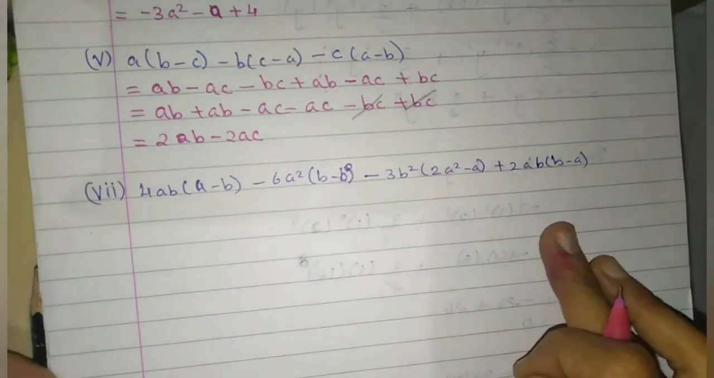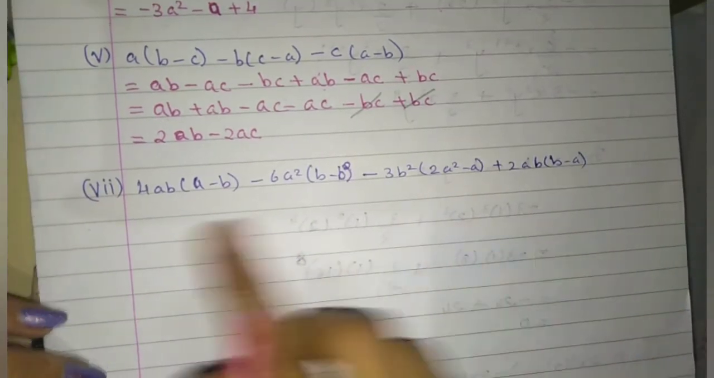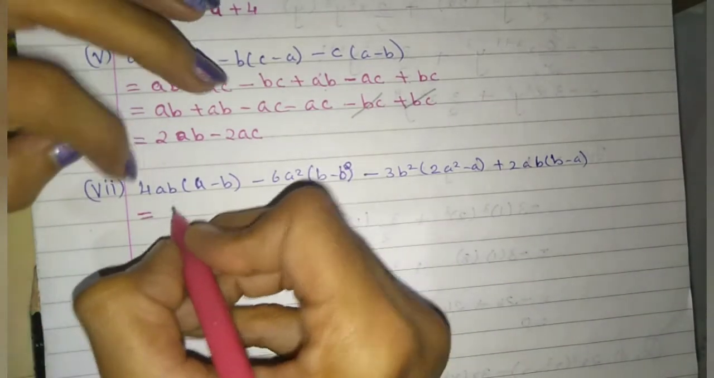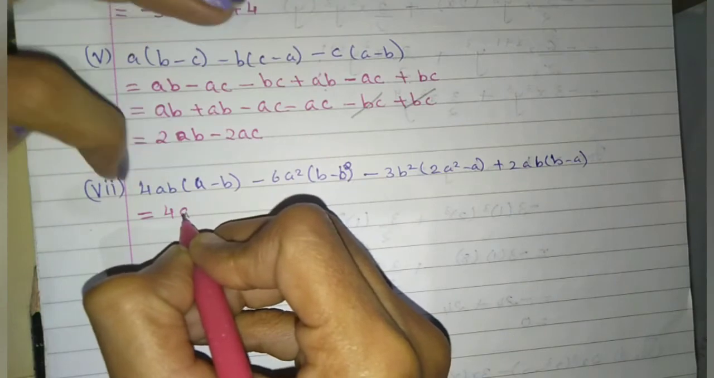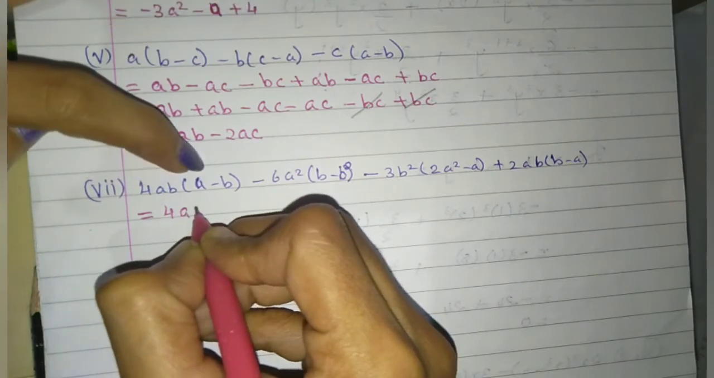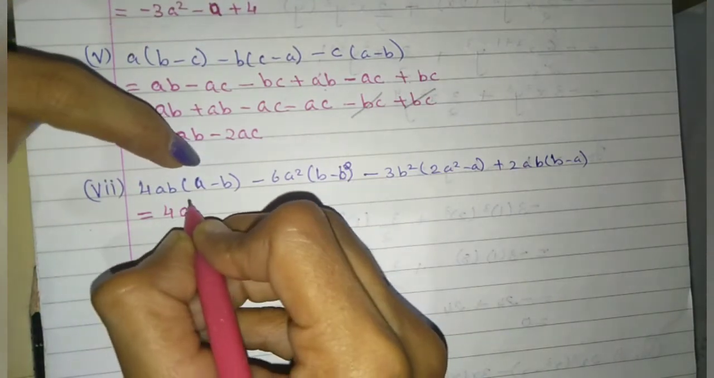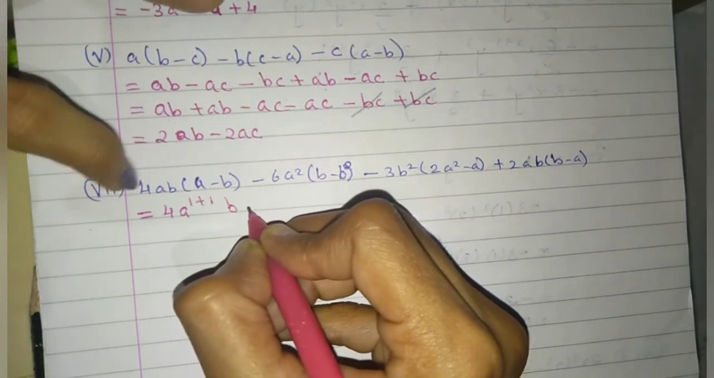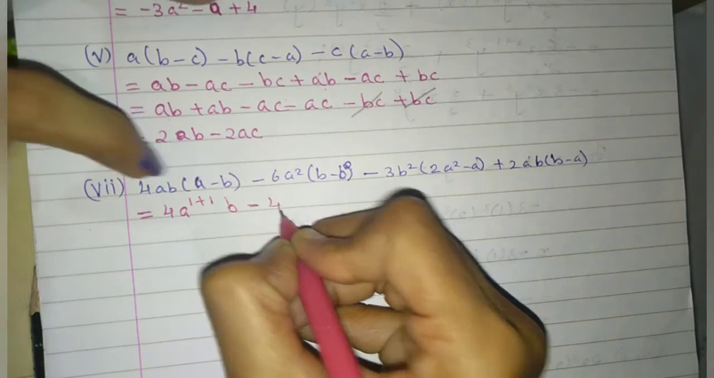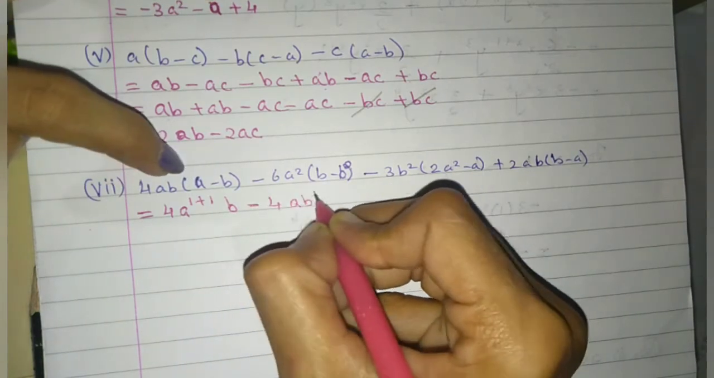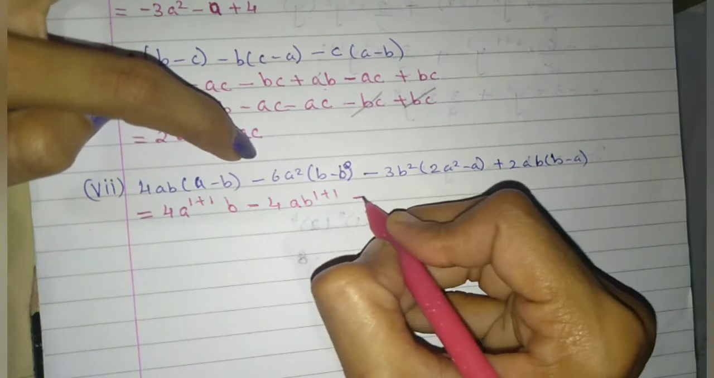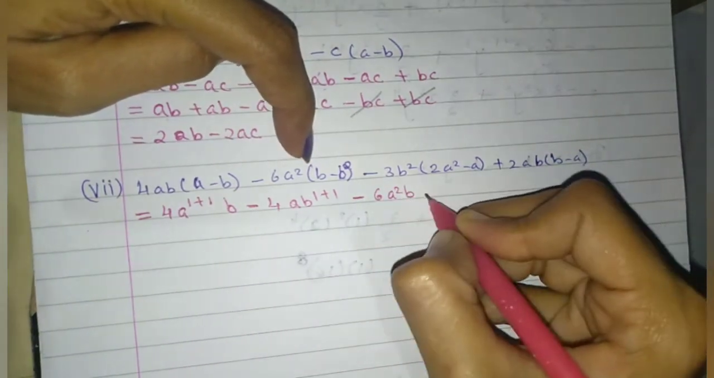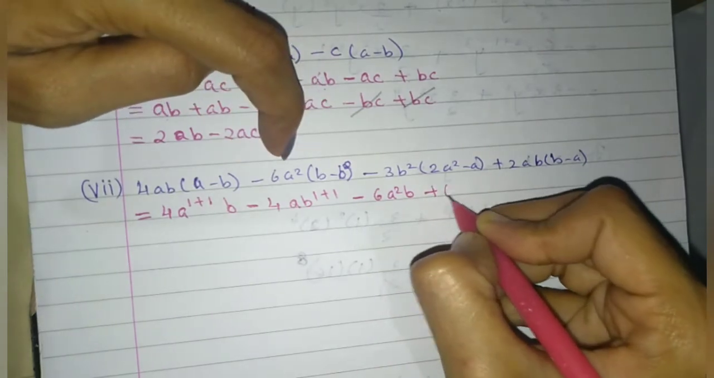Now this is our question. First of all, what we have to do? We have to open the bracket. So equal to 4a, 4 into 1 is 4, a into a is a raised to 1 plus 1, and b, then 4 into 1 minus 4, a, b, 1 plus 1, minus 6 into 1 is 6, a square b, minus minus plus 6a